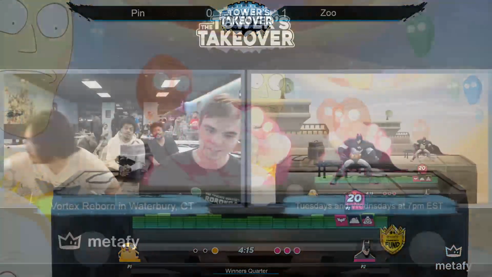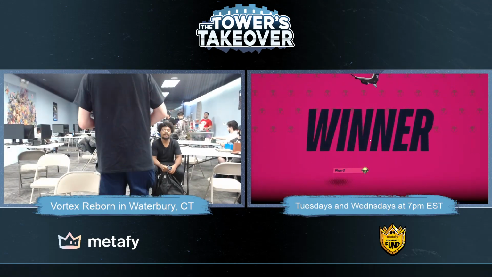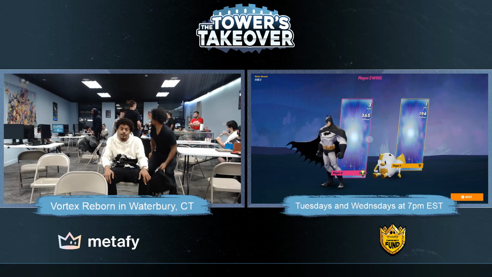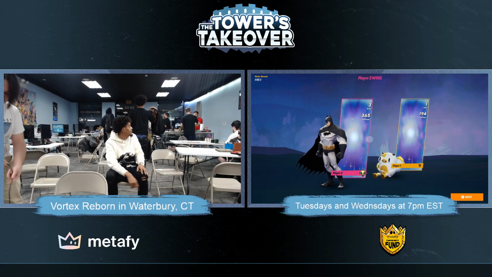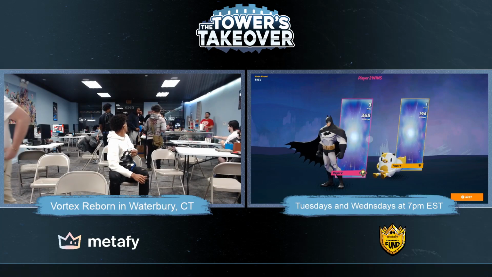That was amazing. That was crazy. That confirm was like he was able to just go from off stage or on stage to off stage so quickly and get that spike that there was very little time for Pin to actually react to that. Very good stuff from both those players. I feel like Zoo was able to just smother out Pin and stop them from doing what they wanted to do. But we will be seeing